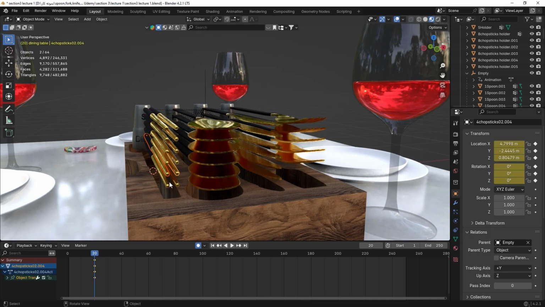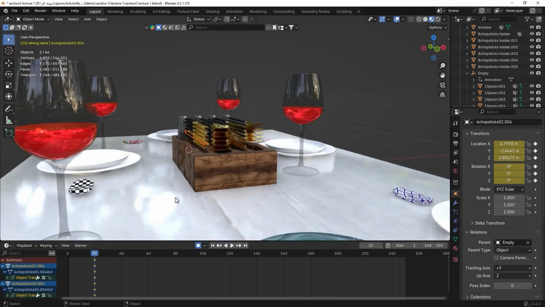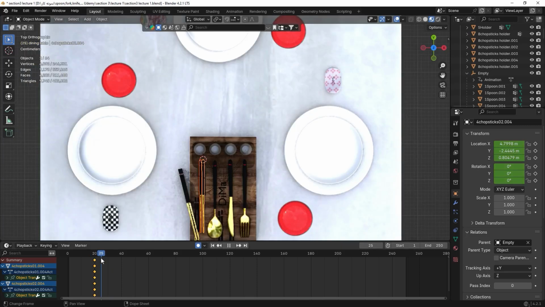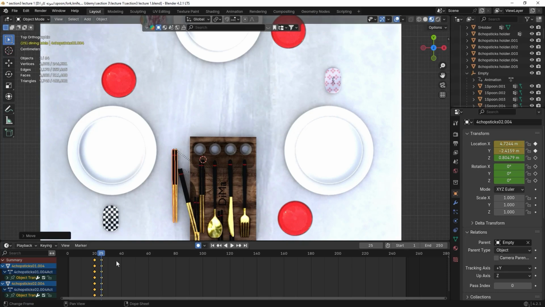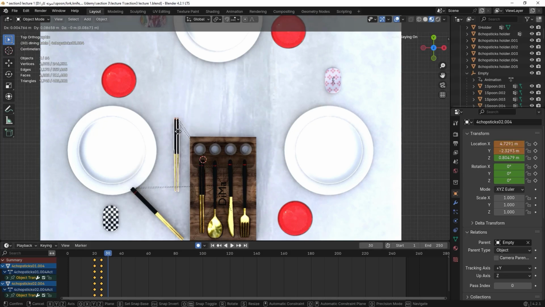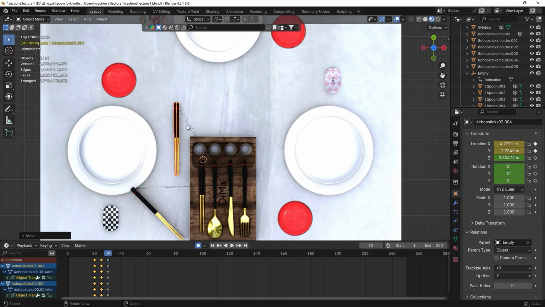So we select the fifth row of chopsticks and place the playhead on frame 20. Make sure that auto keyframe is on, and we create keyframes for their location and rotation, and place the playhead on frame 25, and by pressing numpad 7 we look at the scene from above and move the chopsticks a little to the left, and then place the playhead on frame 30 and move the chopsticks a little to the top and place the playhead on